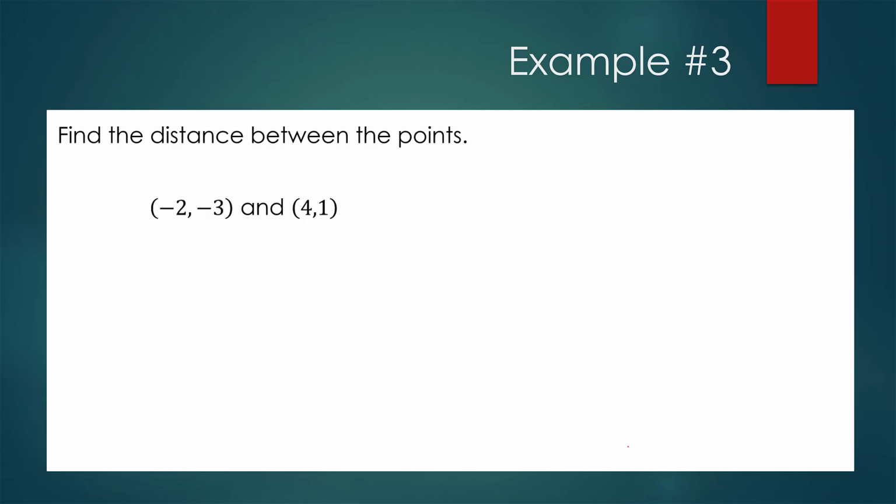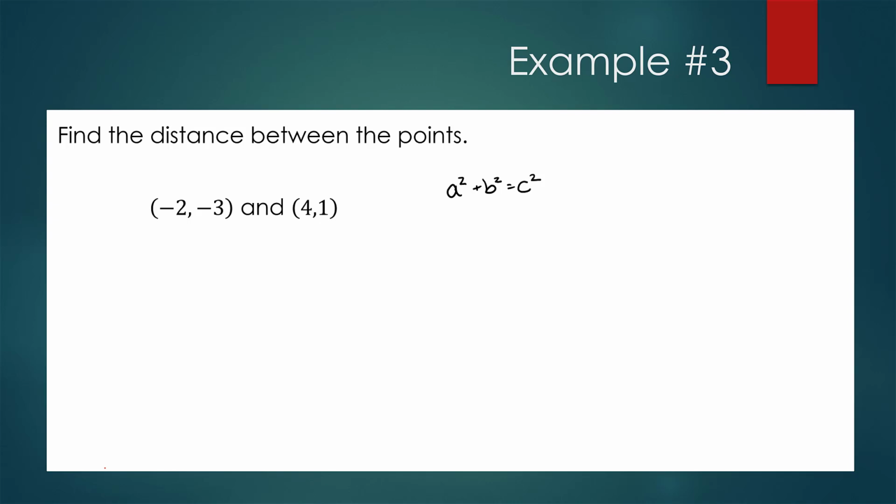Well, what if they don't give us a graph? You have a few options. You could go ahead and graph it yourself, or you can simply calculate the distance between the different x values and y values. We still use the Pythagorean theorem. A squared plus b squared equals c squared. But instead of counting the boxes and drawing the triangle in, we're just going to calculate how far between my